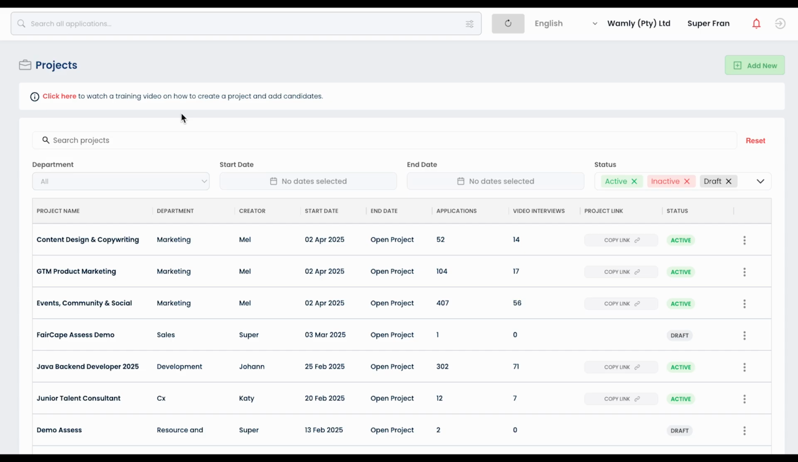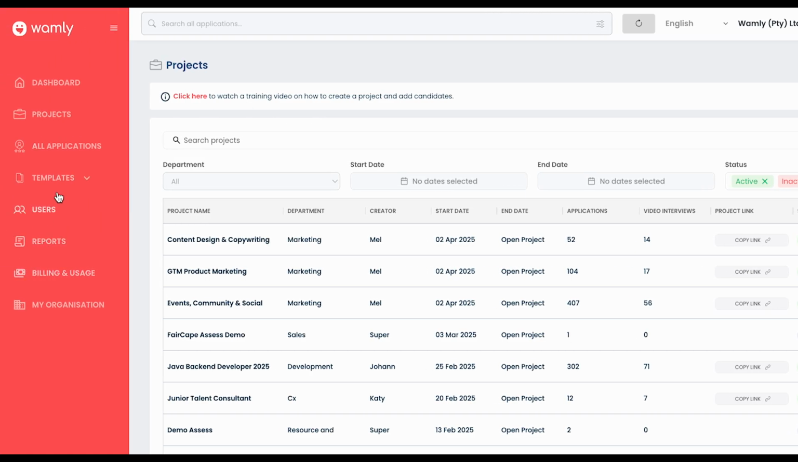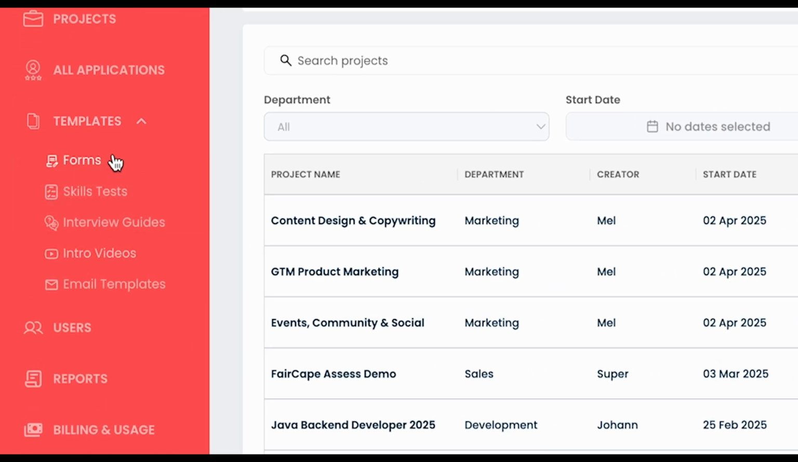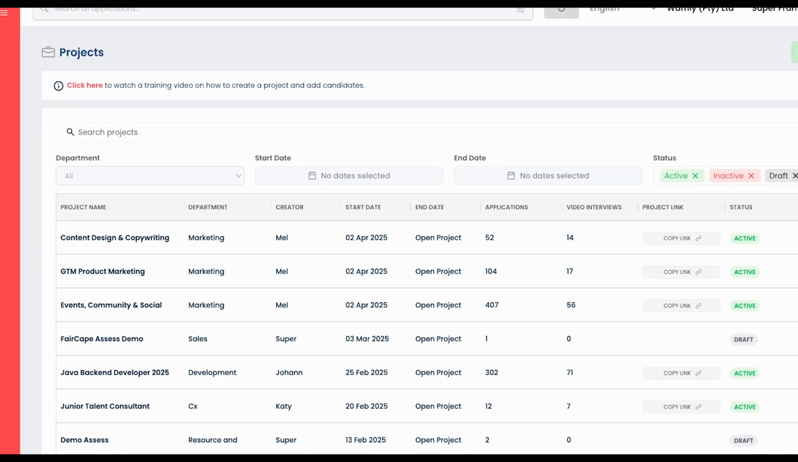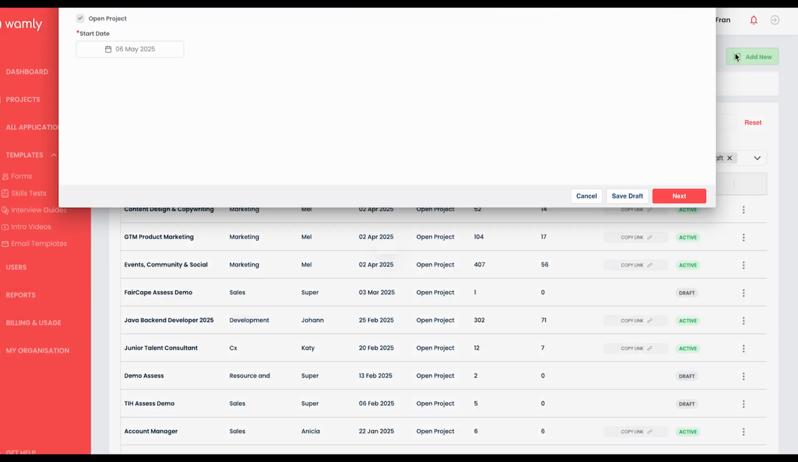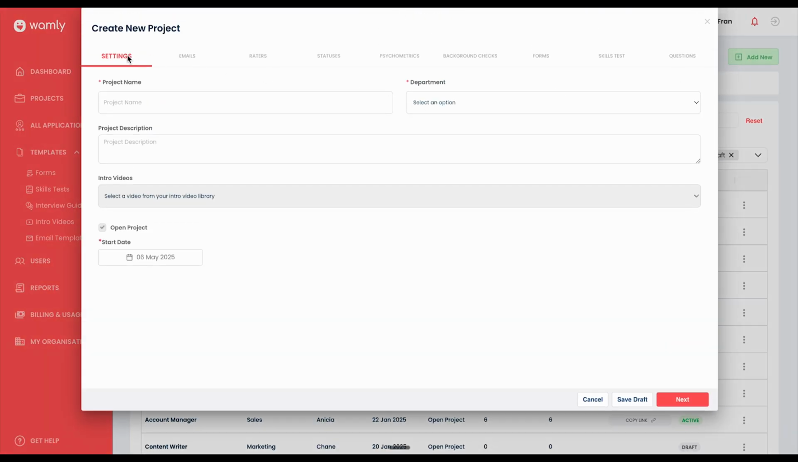If you've managed to follow the other videos here on the left-hand side, what's really important before you set up a project is that you navigate to the template section. More on this in the other videos. Because once templates have been set up, launching a project is a couple of minutes and a few clicks of buttons. I will simply say add new, and Wamly is carefully going to navigate me through all the steps required